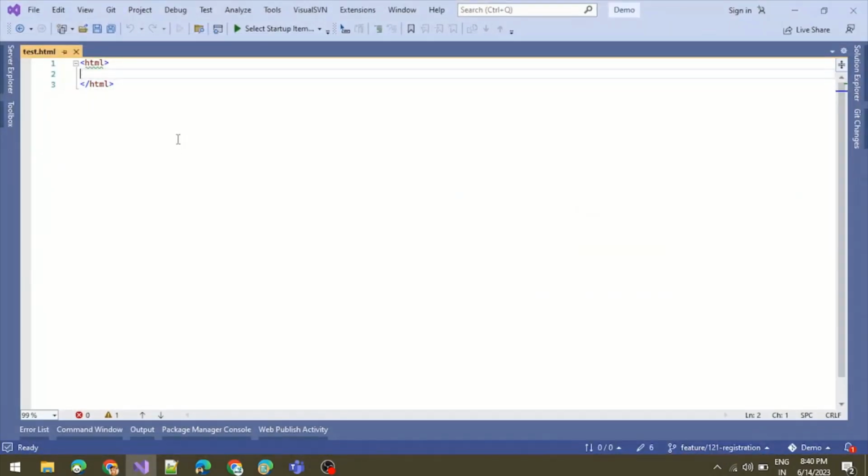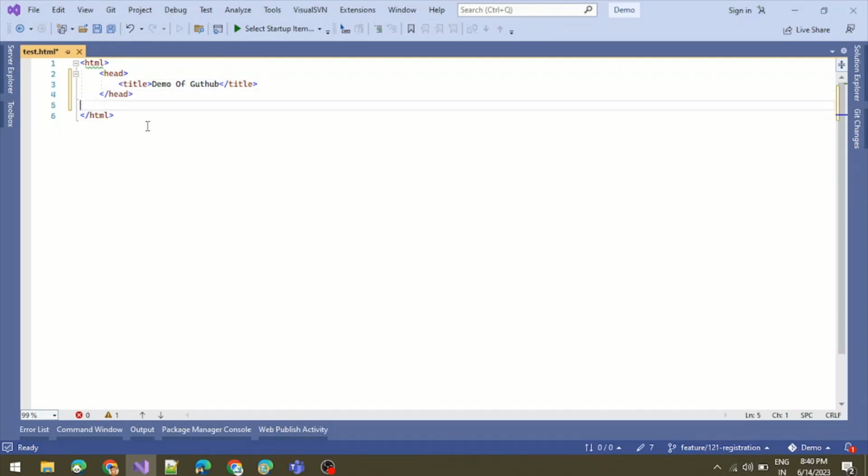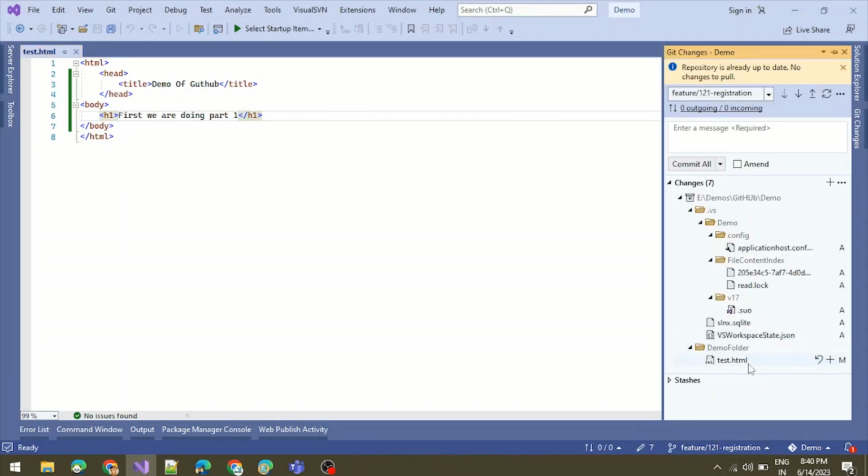First we are going to add the head, then title, demo of GitHub, and some body with h1, first demo part 1. Okay, so some basic HTML I have added here, and I'm just doing the commit into the feature